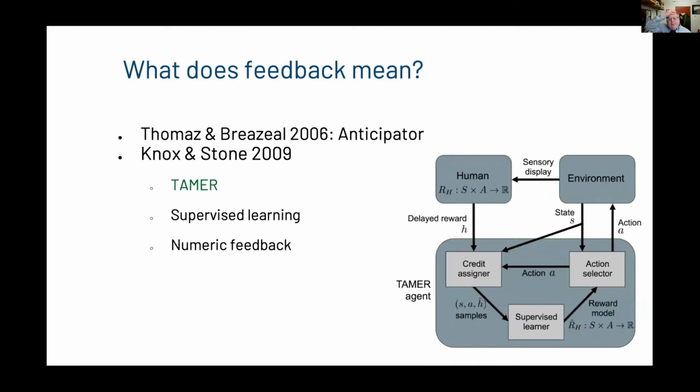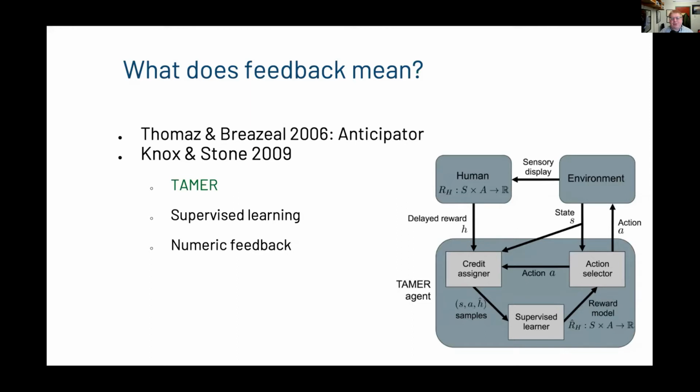And then there's a work by Brad and Peter with the Tamer algorithm. This was more of a supervised learning approach. Instead of having the reward from the environment, now you have a supervised learner. This learner is trying to figure out, will the human give me a positive or a negative or a zero? So the human reward is basically +1, 0, -1.